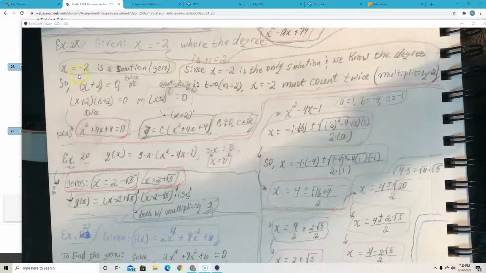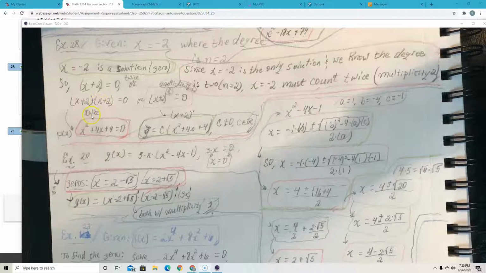So, x equals negative 2 is a solution. If we move the negative 2 over, it becomes positive, and we get x plus 2 equals 0. But we have to count it twice. So we literally rewrite this twice. x plus 2 times x plus 2, a multiple of 2 times. So x plus 2 times x plus 2 twice, because when we multiply this together, we will get